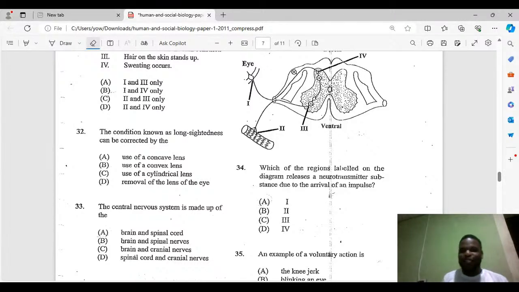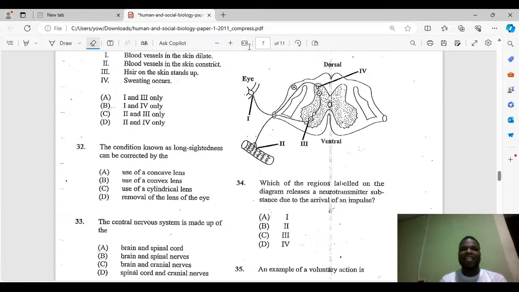No, guys, it has to be A. Because it says that it releases a neurotransmitter due to the arrival of an impulse. It has to be A. Simple stuff, guys. Remember, impulse, right, is